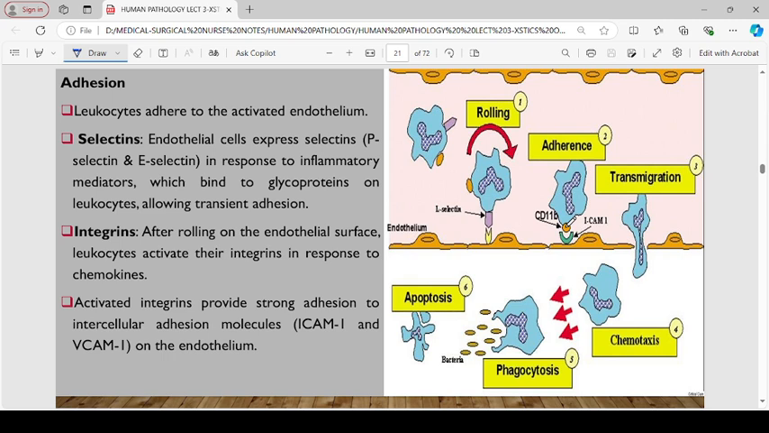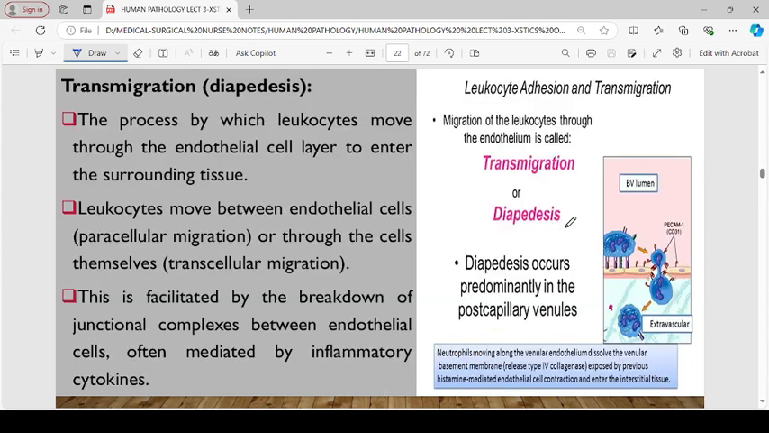So after rolling on the endothelial surface, leukocytes will activate their integrins in response to chemokines. Activated integrins provide strong adhesion to the intercellular adhesion molecules, ICAM-1 and VCAM-1, on the endothelium. From there, we go to transmigration, right? Remember, the process by which leukocytes move through the endothelial cell layer to enter the surrounding tissue, the inflamed place,